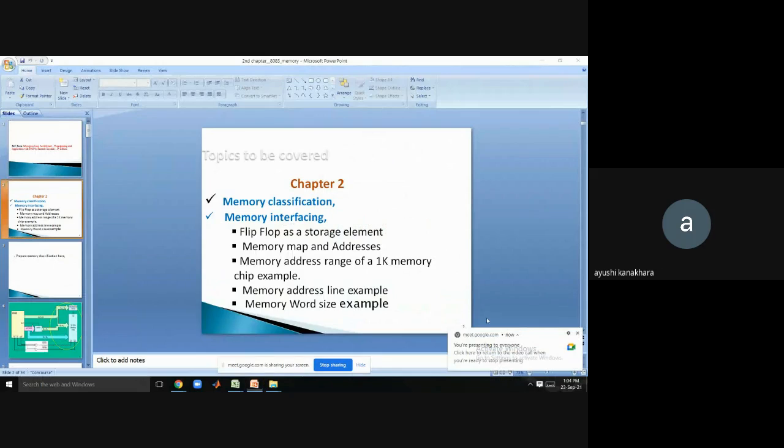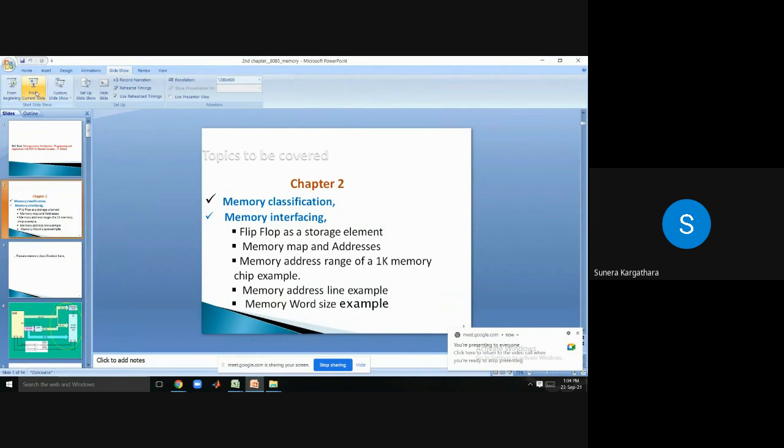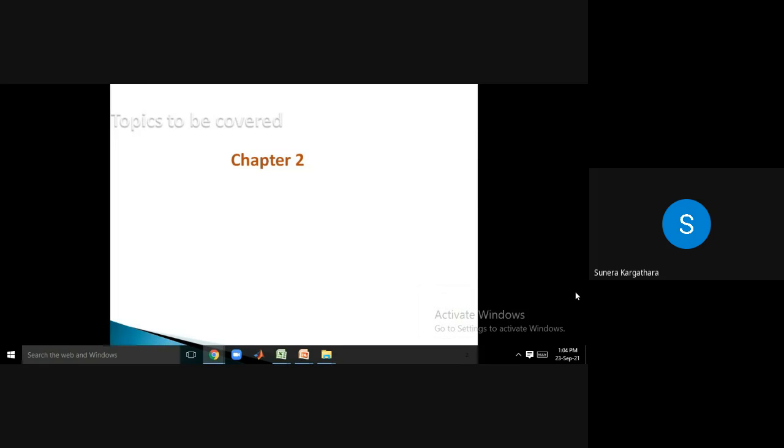Yes, ma'am. Correct. In yesterday's class, we completed interrupts. We discussed that there may be two or three possibilities where your peripheral can communicate with your processor. You can interface your microprocessor with peripheral and memory devices. One way is through interrupt. Now we want to focus on the second part, where we want to interface a peripheral device and a memory device with our microprocessor.